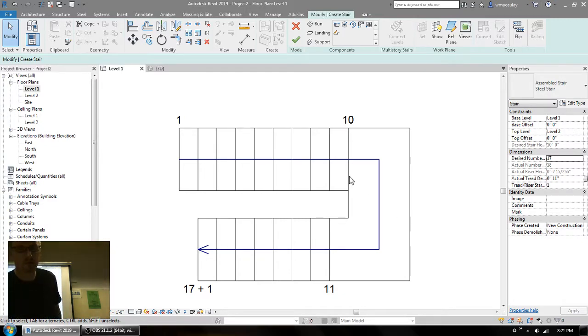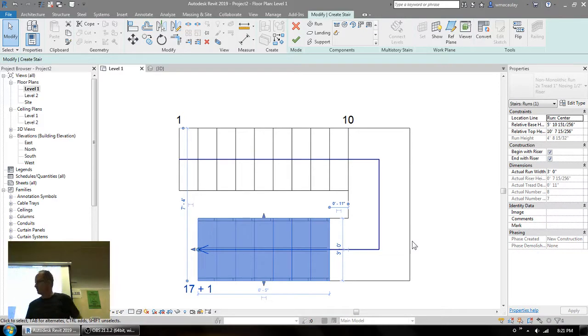So let's just talk about the handles. When you're clicking on each run, you've got a dot handle and a triangle handle. The dot handle will change the number of risers in the stairs. Now, if it's a straight run stair, you want to find the top of the stairs where the rising number is highest and use the dot handle to change the number of risers in the stair overall. You can only change the number of risers in your stairs by using the dot at the top of the stair. For whatever reason, if you try and change it at the bottom,